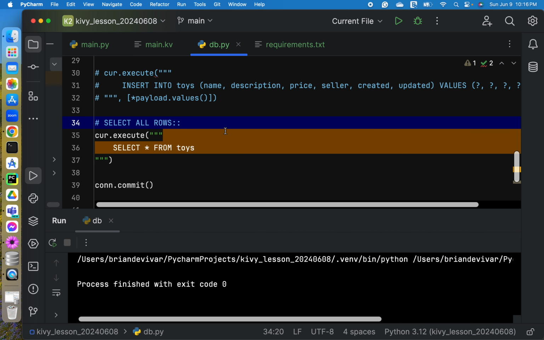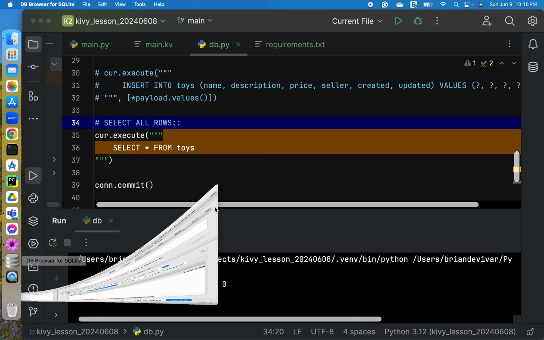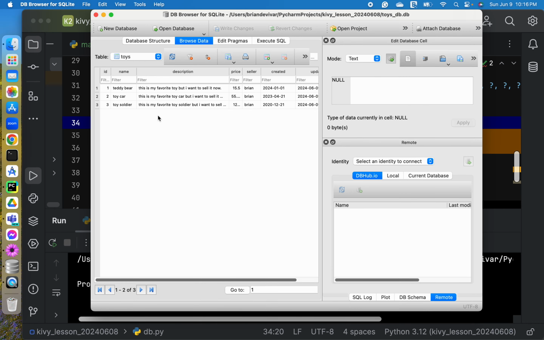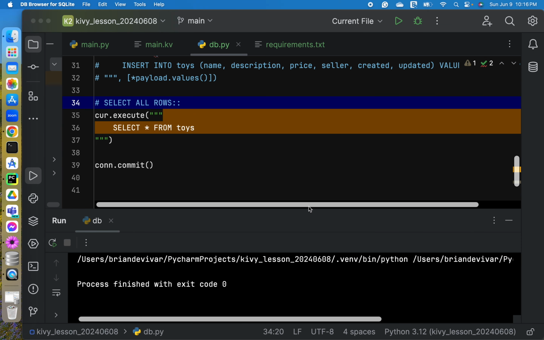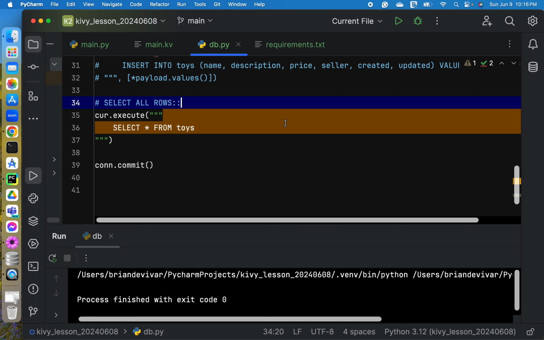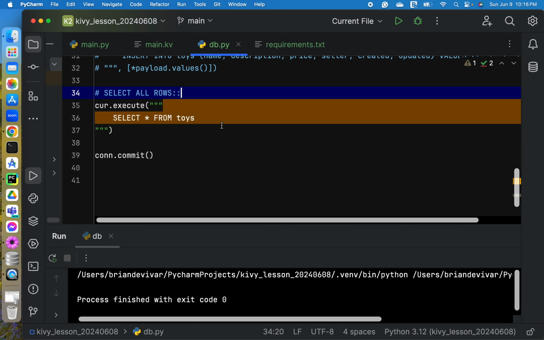So basically, we will be selecting all of the records in our table, meaning all these three items or records we will try to pull and display in our app. So our query is select asterisk from toys.